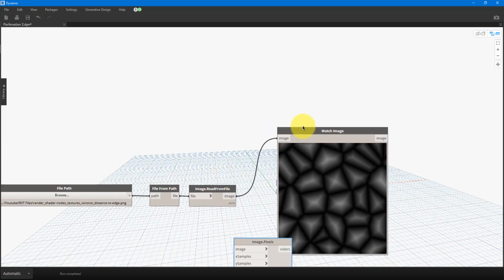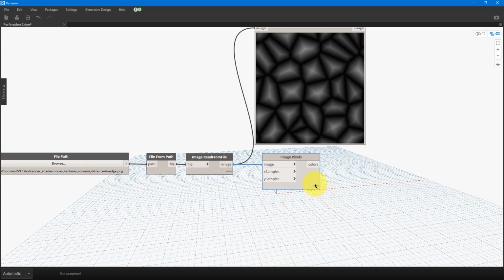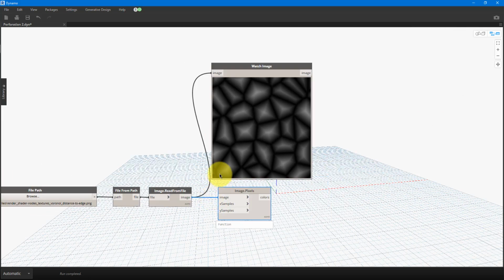Let's move this one up here, out of the way, and the main flow of our script can continue into this new node. You can see now if I expand the preview window, it says functions. That means this function hasn't been run, and the reason for that is it's missing some input data. In this case particularly, it's looking for how many samples should it get along the x direction, along this line here. The second input data it needs is how many samples should it get along the y direction, which is